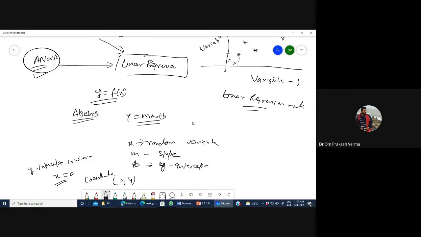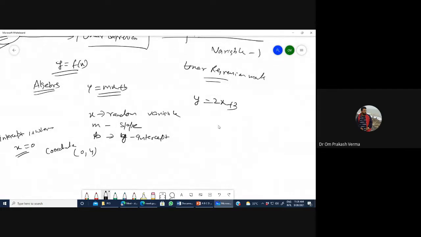Let's say we have y equals 2x plus 3. So how will you find these things? It is very clear: the slope is 2, and the intercept is 3.